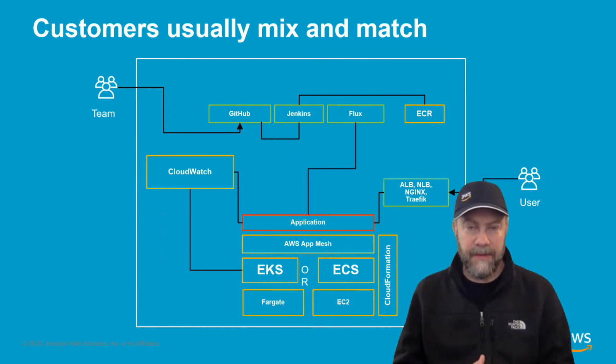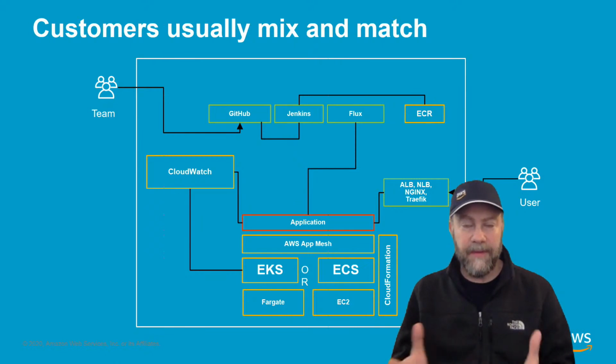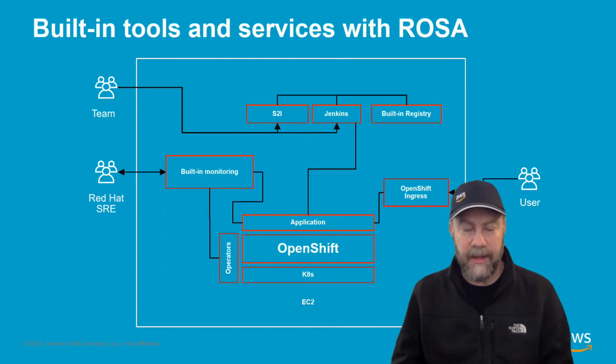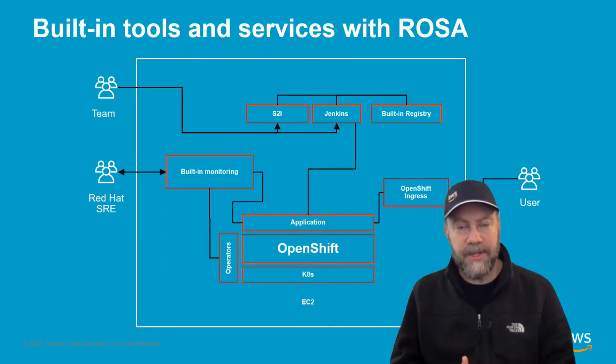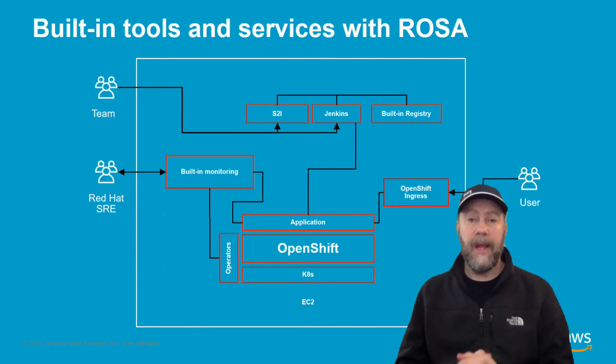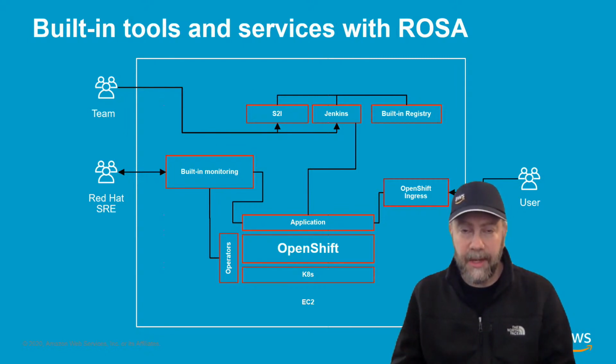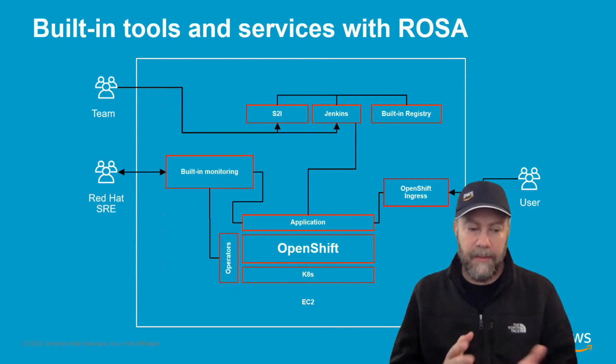OpenShift has a different approach. OpenShift is a vertically integrated container platform that really encompasses all of these things in one out-of-the-box package. So if you look at OpenShift in a similar diagram like this one, you'll see that all of these tools are already pre-integrated. And there are very few decisions that you need to make to get up and running. You can literally deploy an OpenShift cluster and hit the ground running and start deploying containers and applications in a containerized format. So historically, OpenShift has been an option for AWS customers.